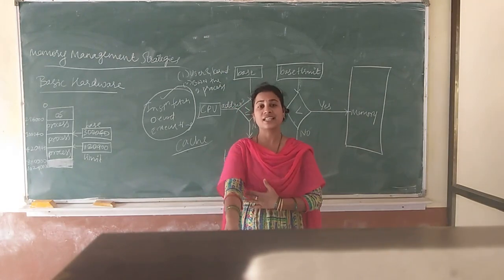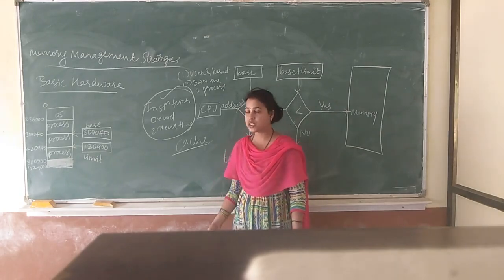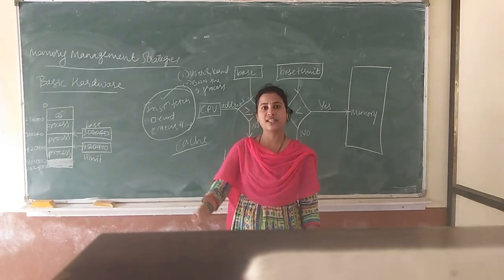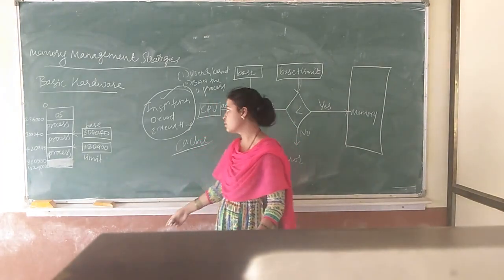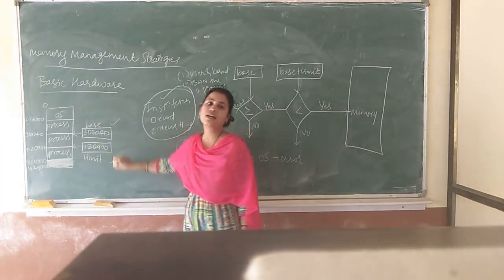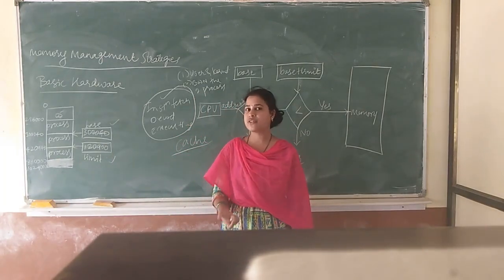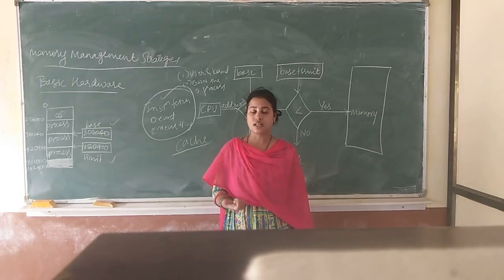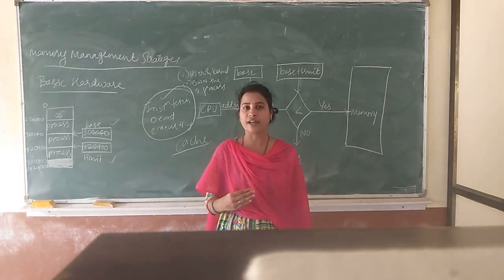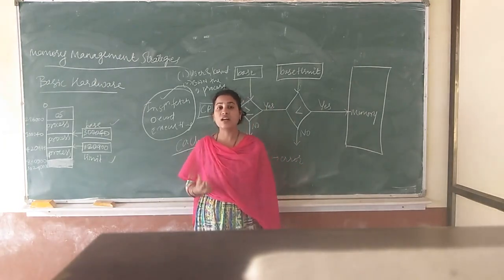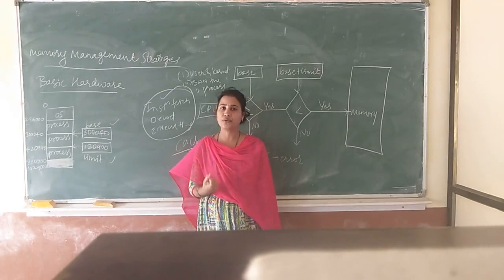Then what strategies can be used for giving this protection? What are the different options which can be used to fulfill this security? One very basic thing is using the base register and the limit register. What is this base register? The name itself indicates it. Base means foundation, the starting point. The base register has the smallest physical address stored in it.